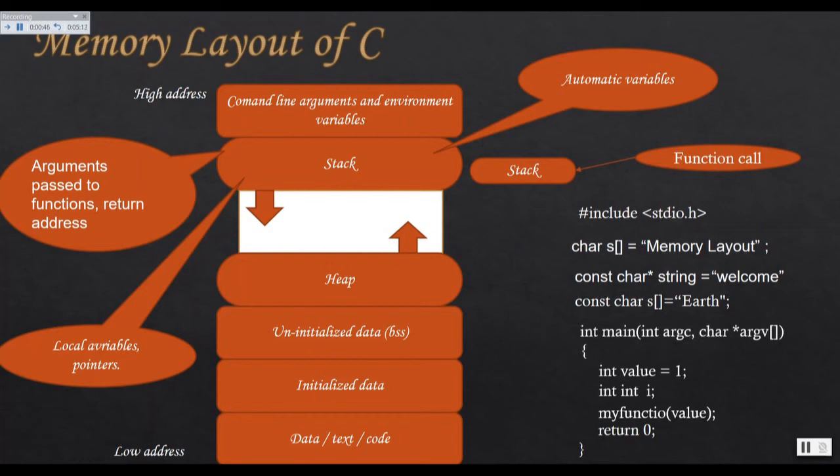This is very important in recursive function calls. In a recursive function call, every recursive call has a fresh stack frame.